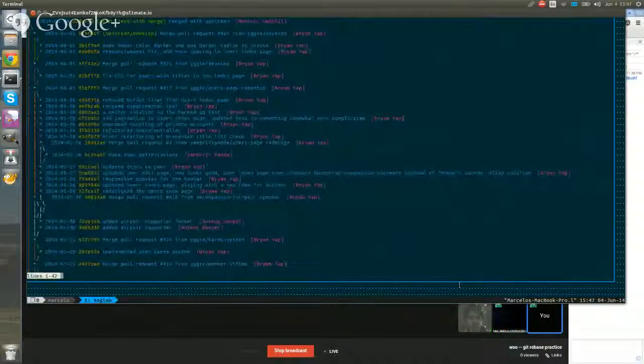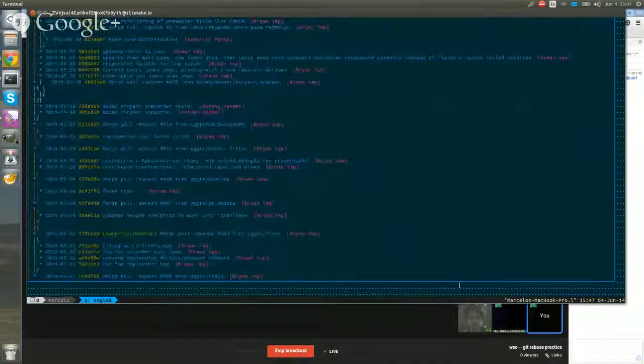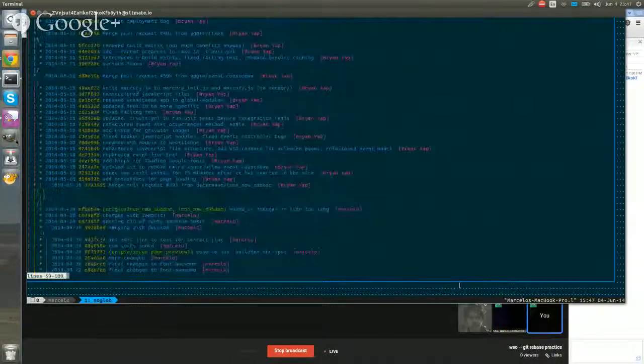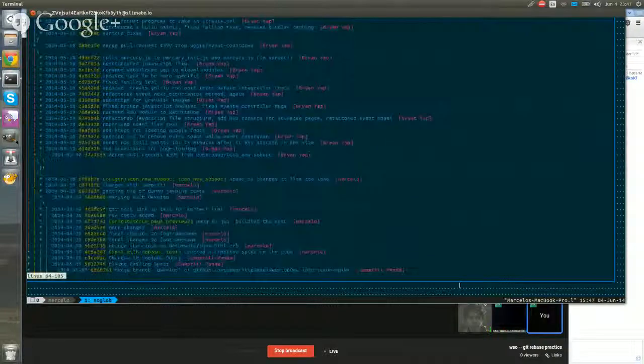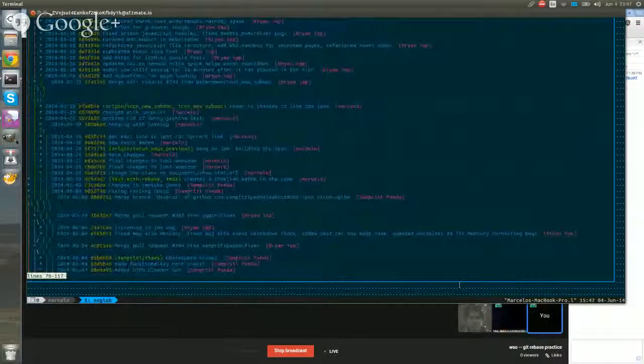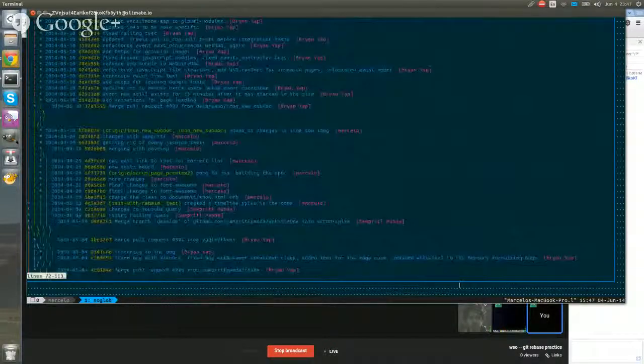So what happened here? If I go all the way back, you can see it just adds all the commits as an extra path. Okay, so let's find that 395. Yeah, here it is.